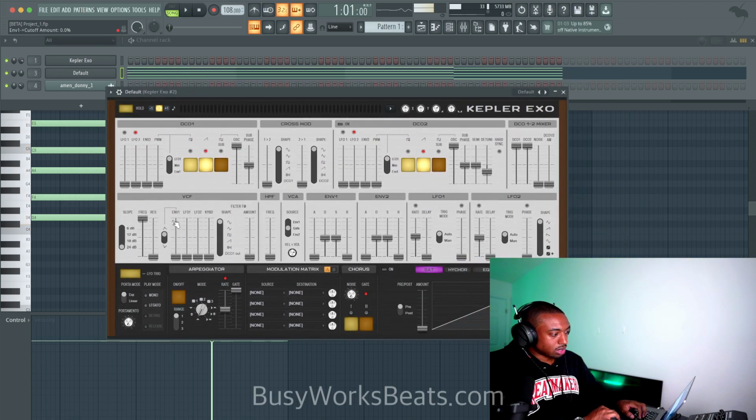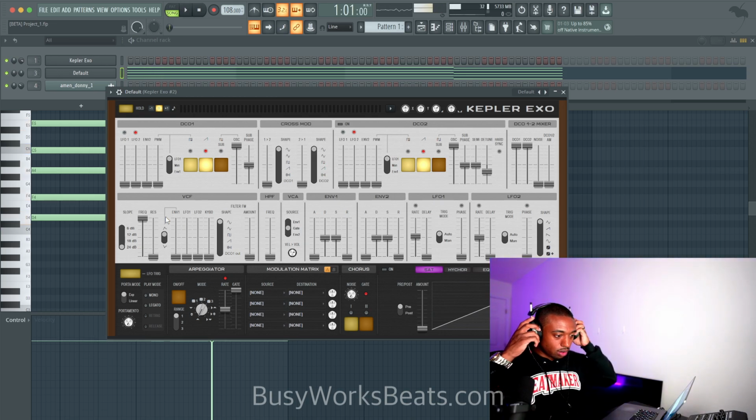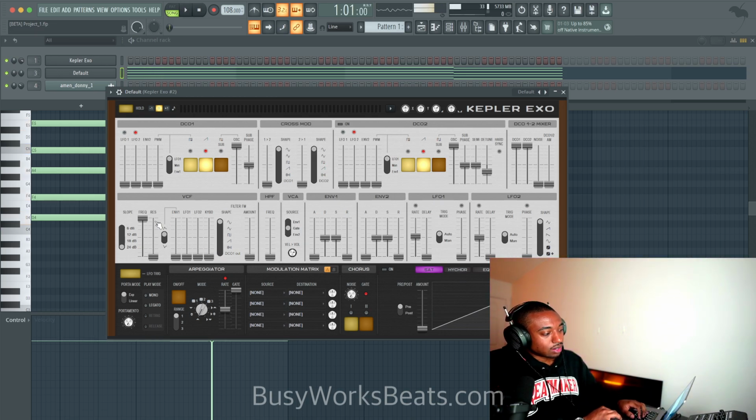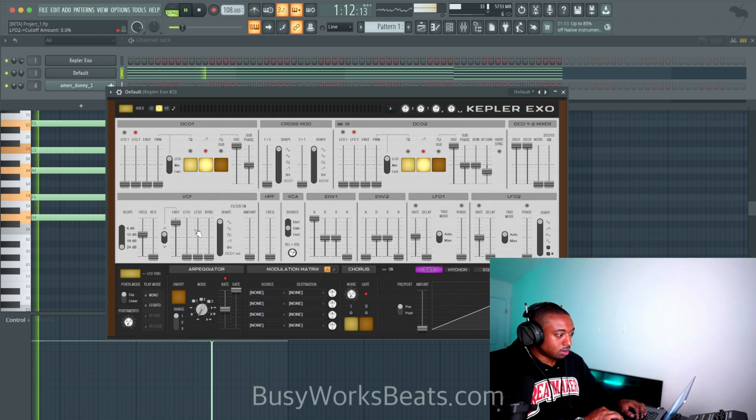Okay, so now we have a sawtooth, and as you can see, we're going to make the same sound over and over and over again. So this time we're going to make a pad. Let's have it slowly kind of build. Let's give it an attack time, then tell it to open up to that amount, envelope 1. I'll give it a really long attack. See how that attack didn't last?